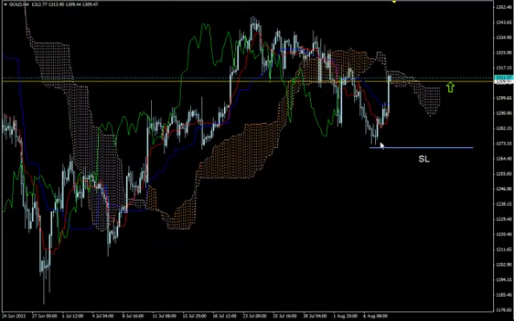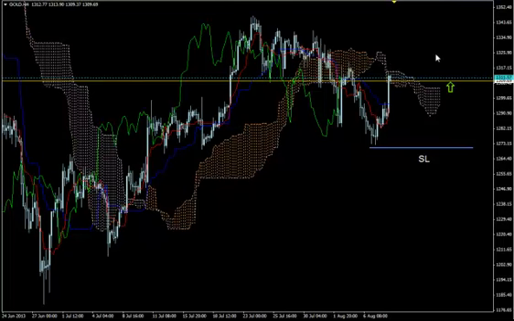Here the instrument, which is the precious metal, made a higher low here, so we put our stop below this higher low,